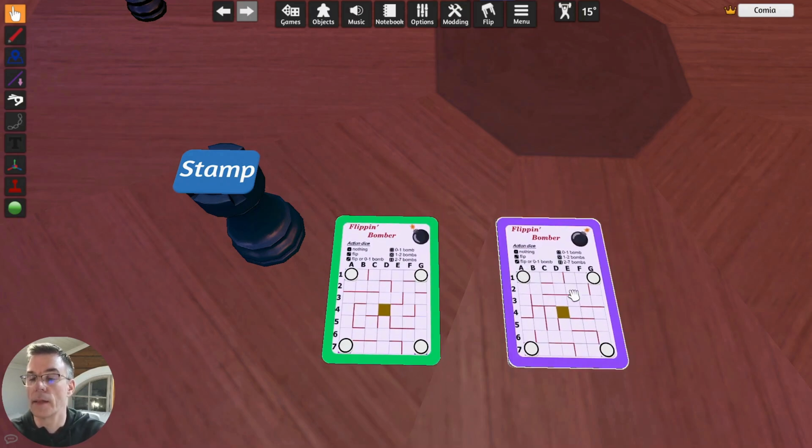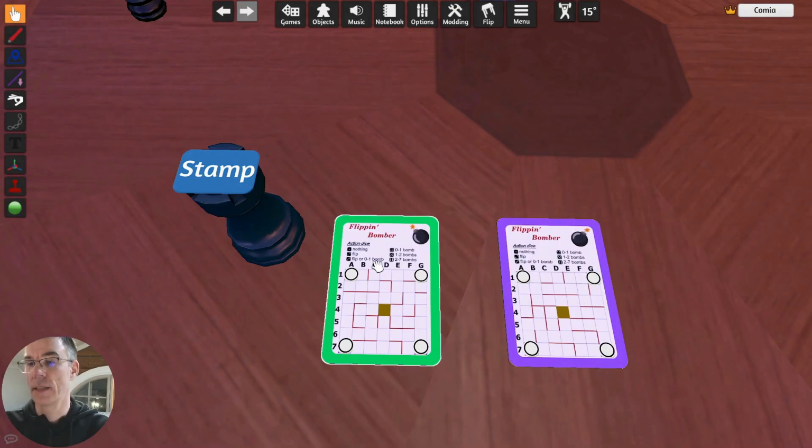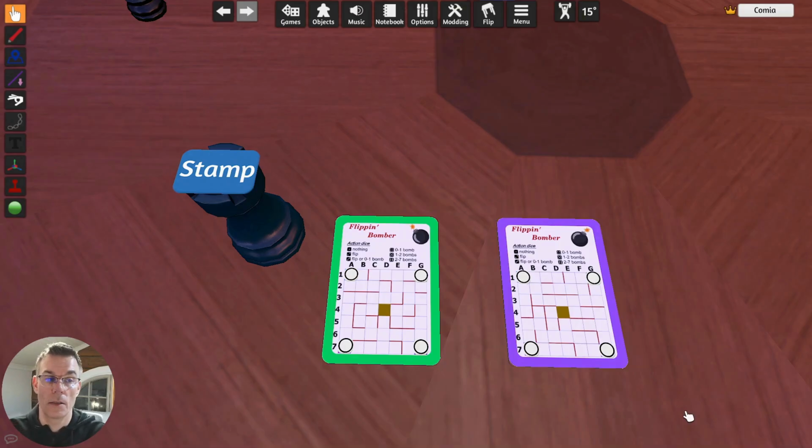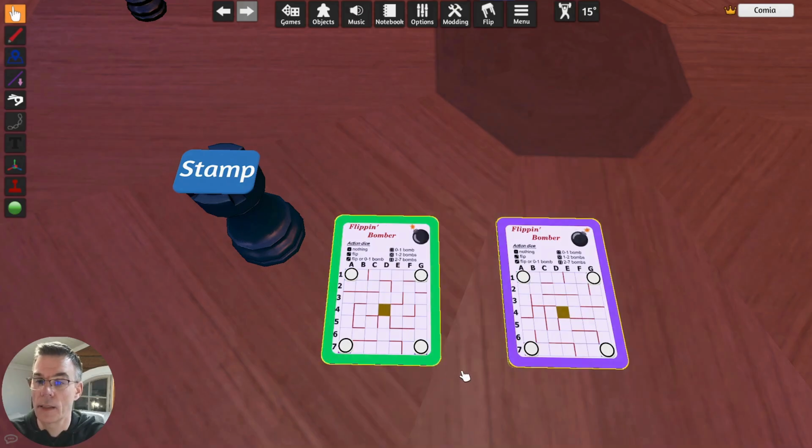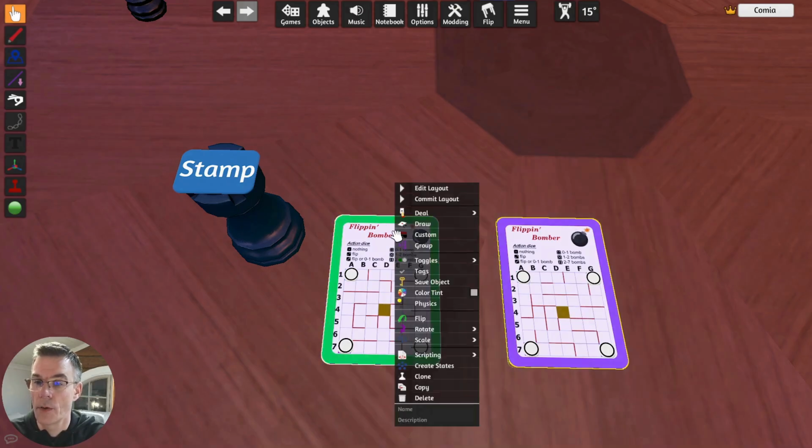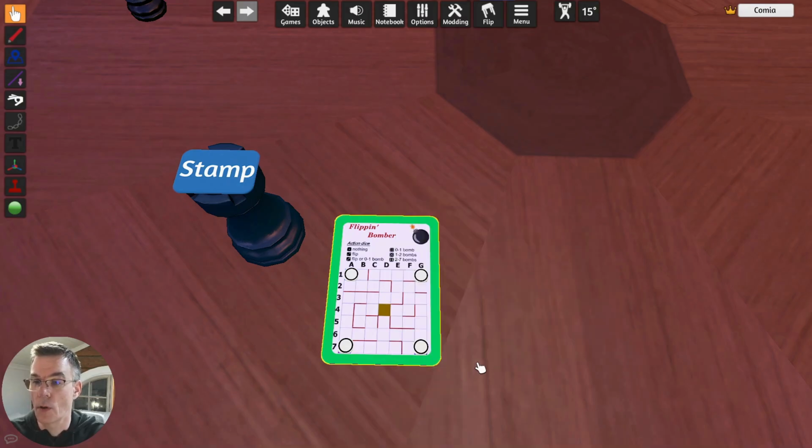So I have edited the front side so that they are editable. And now to simulate the situation where you can write on both sides of the card, I need to make these two cards a state. So I select them both, right click here, and I select Create States. Okay, the other card just disappeared.